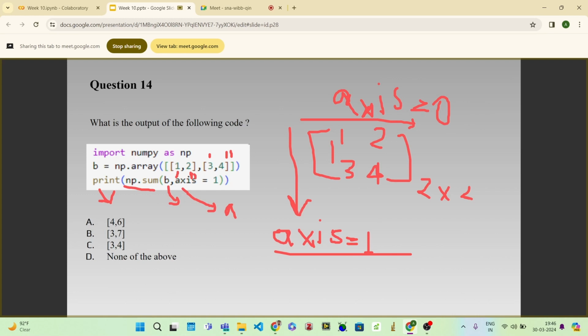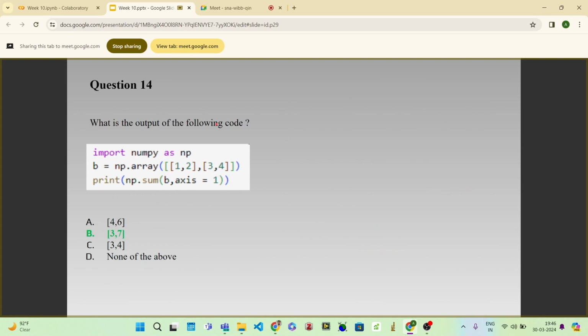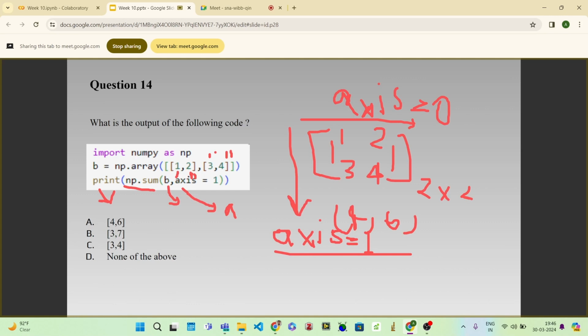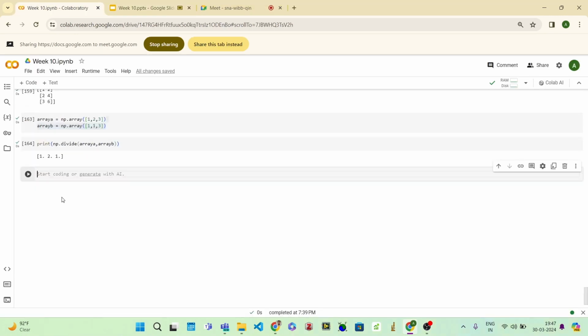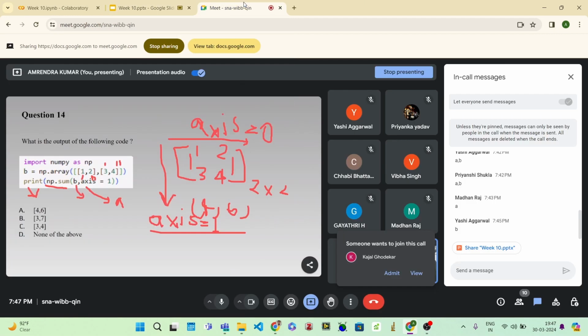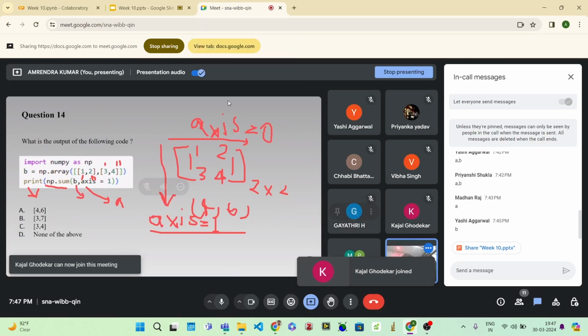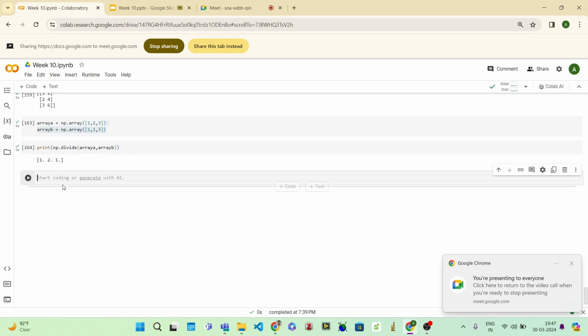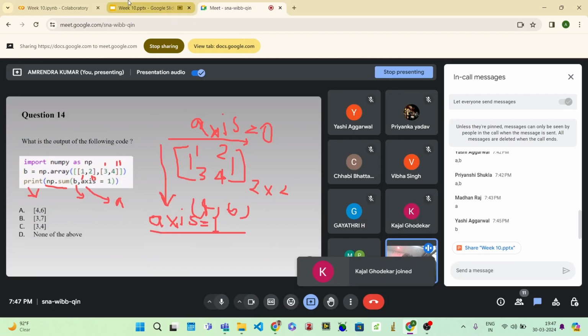So we are performing the sum along axis 1. That means 1 plus 3 will be summed, and 2 plus 4 will be summed. That means 4, comma 6 will be the answer, right? Let us check for that. Why is that? It's 3, comma 7. Okay, let us check it here. Let's say we have variables